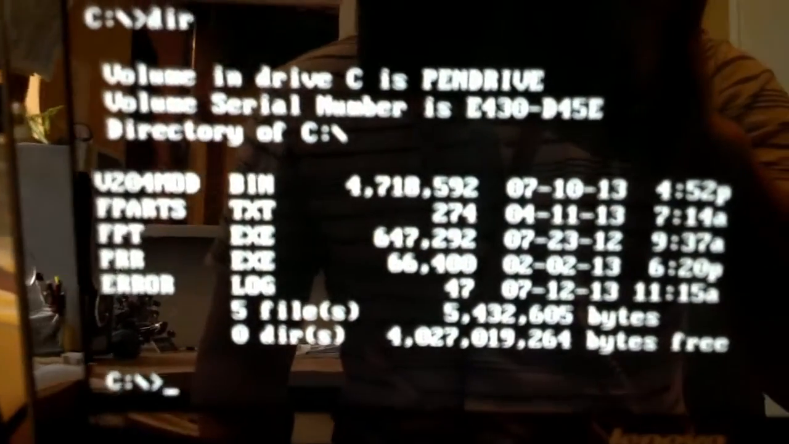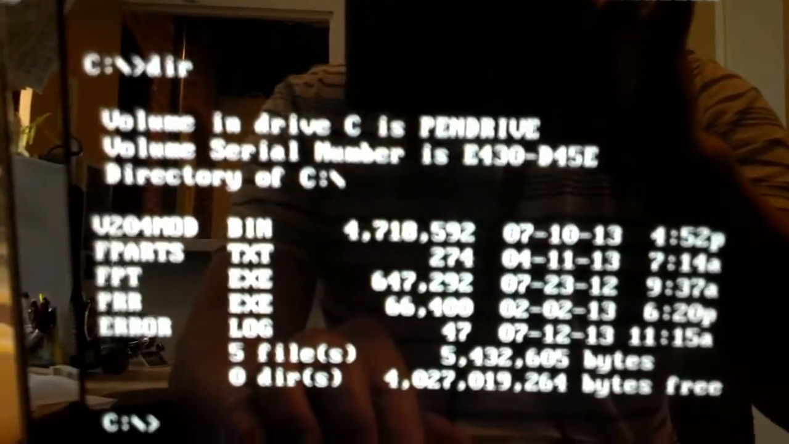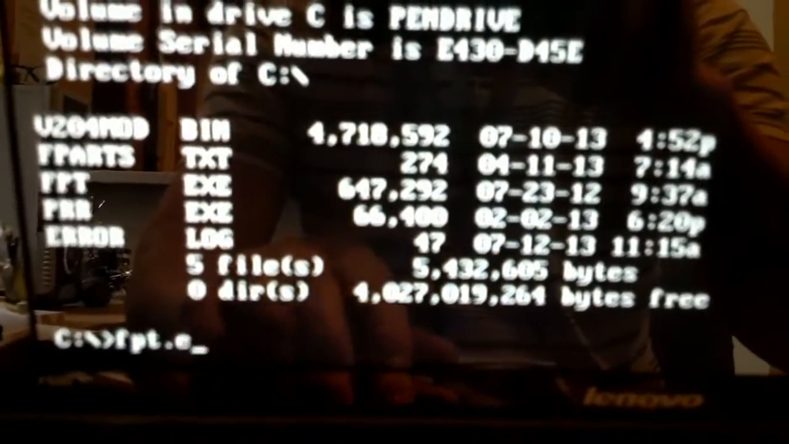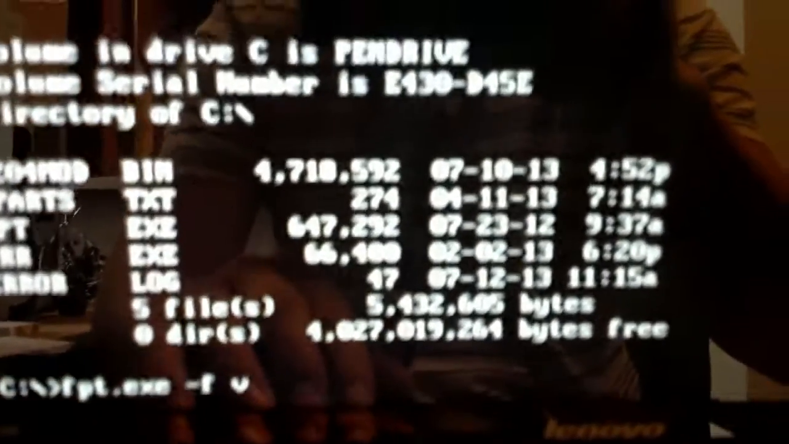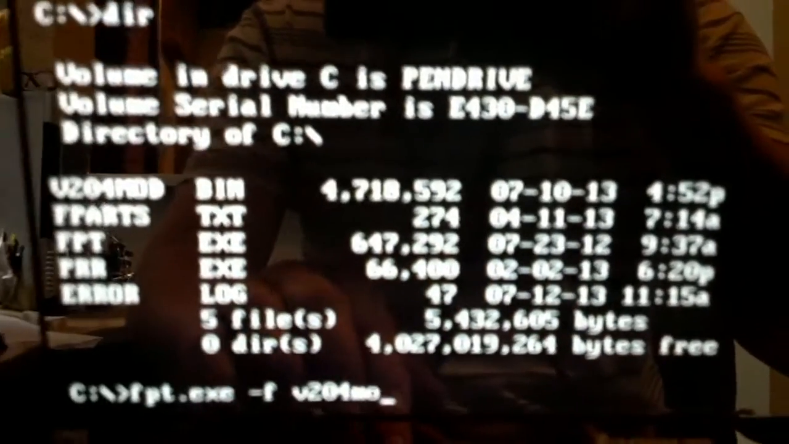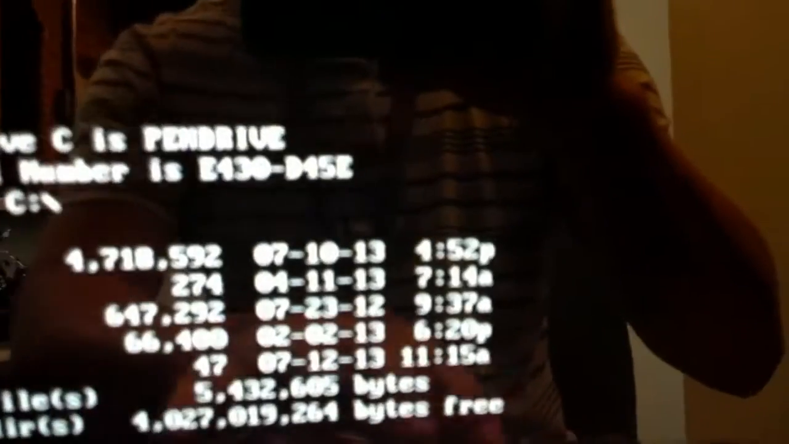Now, if you're not sure what that modified BIOS bin file name is, a good way to figure that out is by typing dir for directory, press enter, and it's going to go ahead and tell you all the files that are on there with the names. So now that we know the name of it, let's go ahead and do our command. So it's fpt.exe space hyphen f space name of your bin file space hyphen